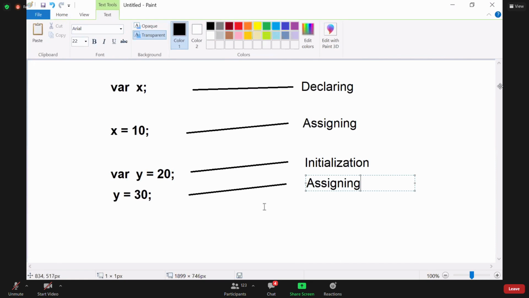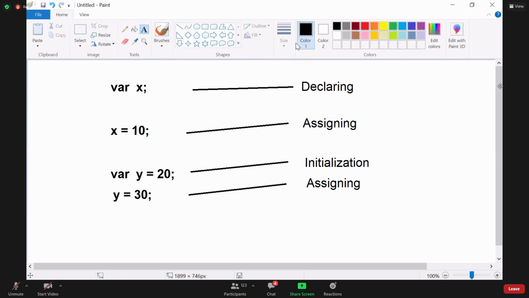Initializing means at the time of declaring itself, you send a value into it. For variables, you need to learn three important things: declaring, assigning, and initializing.